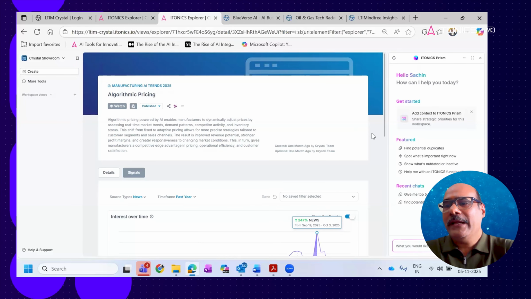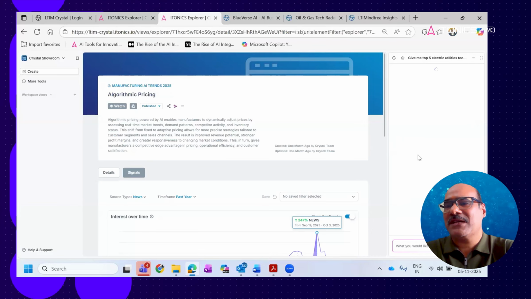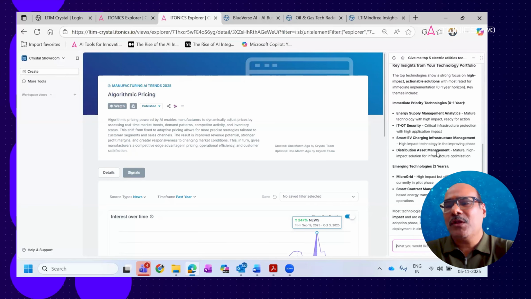Now, most importantly, we've recently got the PRISM AI in ITONICS, which we are exploring, and we are very excited to use this in our day-to-day lives. For example, if I ask for the top 5 electronic utilities, this was the last search I had. It quickly goes through the whole database and gives me my exact requirement in terms of the key insights,